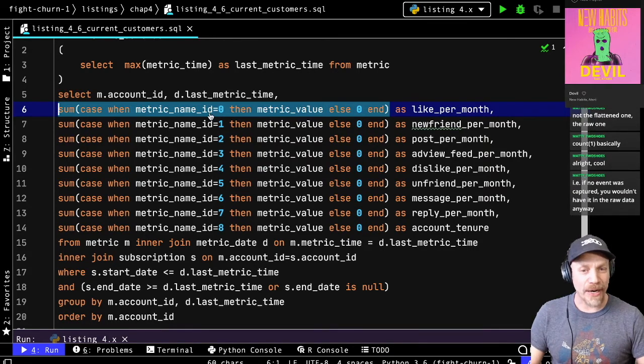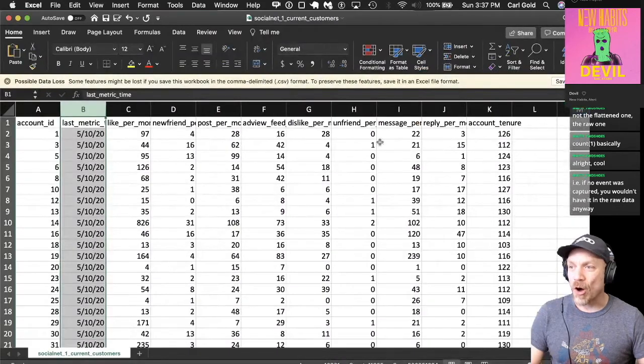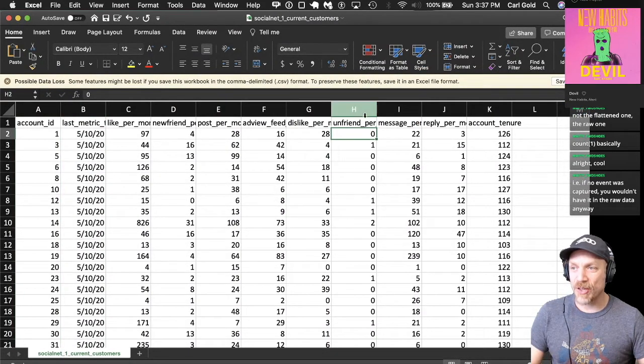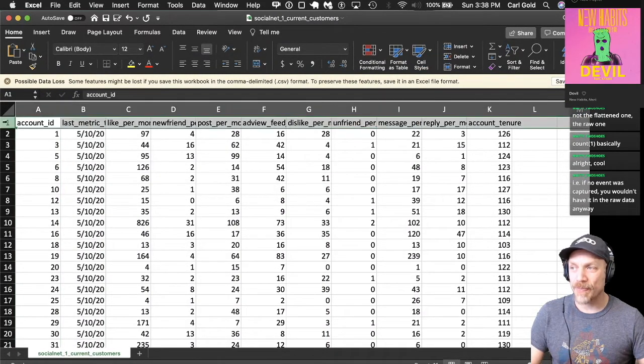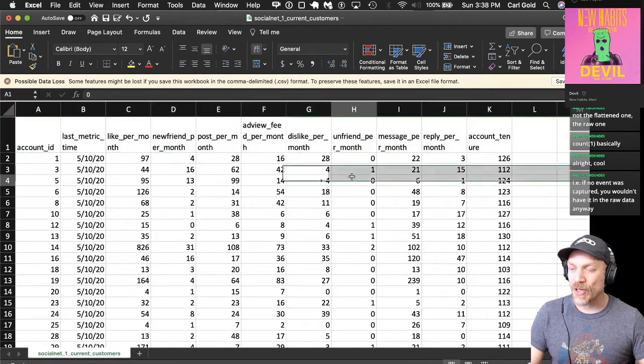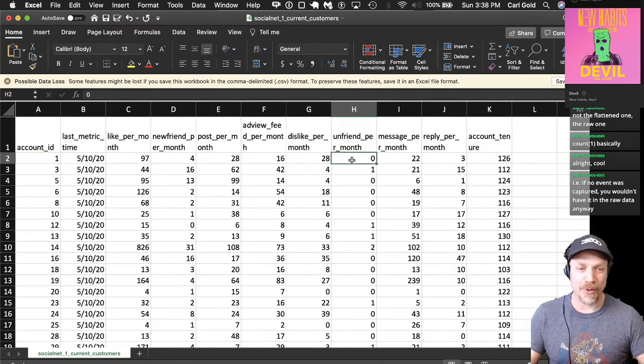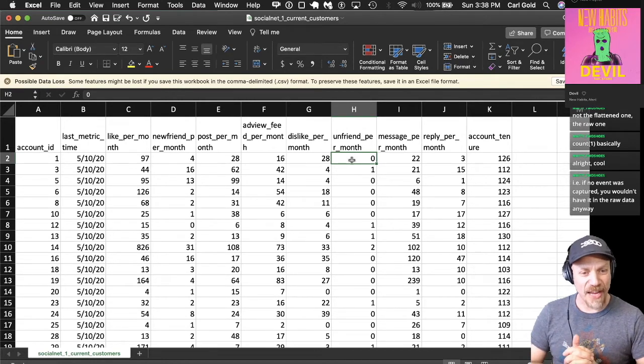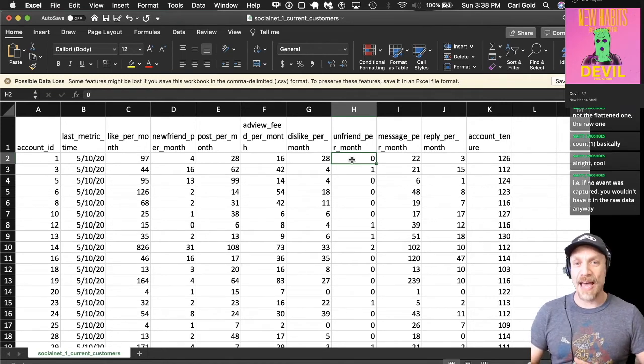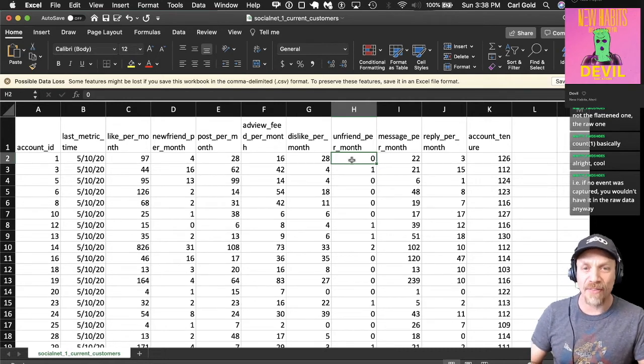And that's where all these zeros get filled in, particularly in the unfriend per month metric. You see a lot of people who don't have any unfriends. If no event was captured, you wouldn't have it in the raw data anyway. Yeah, it's exactly the thinking here. It's based around the idea that these metrics are generally counting the raw events, or you're often summing a property of the raw events or something like that.